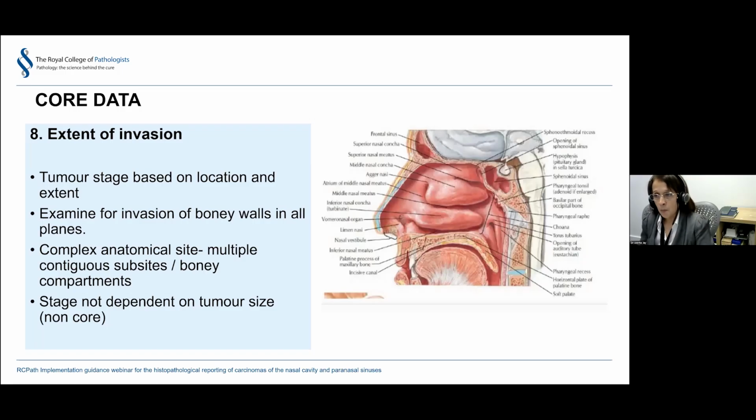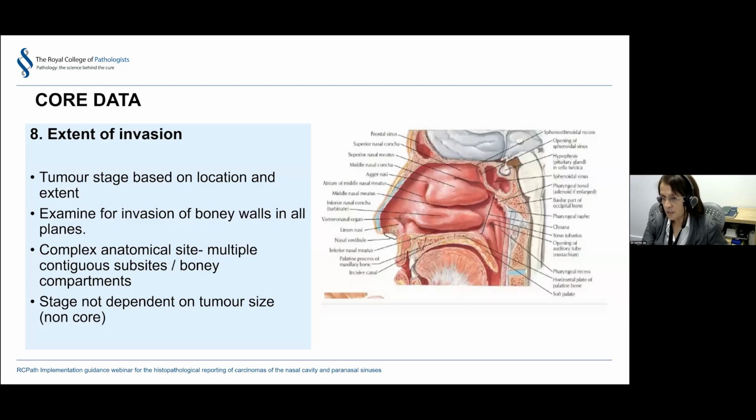And because it's a complex anatomical site, many of the specimens are quite friable. And so extreme care should be taken in identifying tumor invasion across the different bony walls. And this is one tumor that is not staged based on the tumor size. So, going back to the type of specimen submitted, it's almost impossible to measure the accurate maximum tumor dimension,